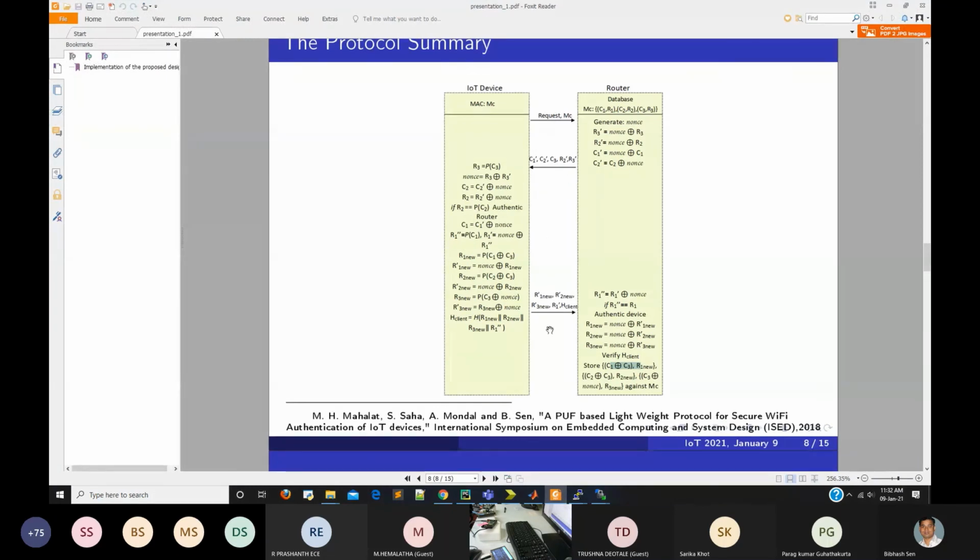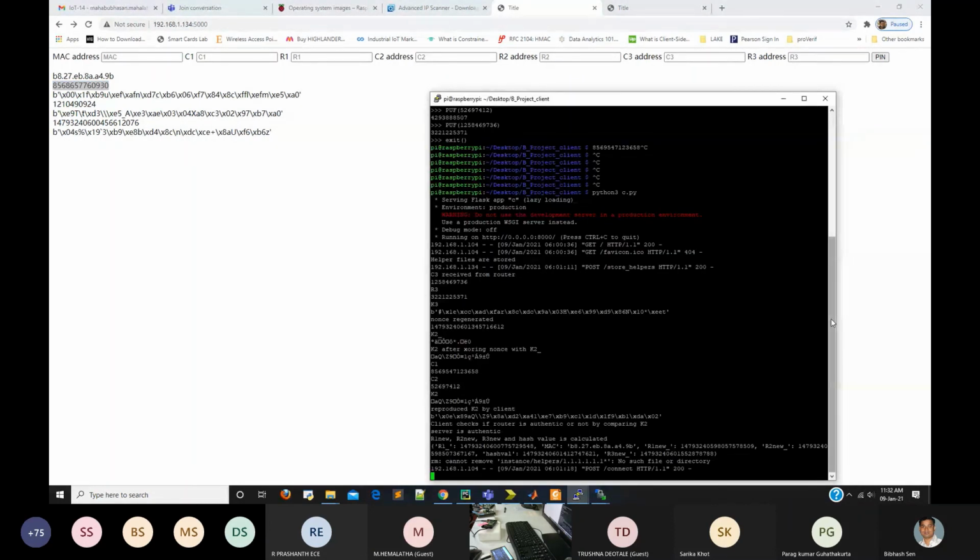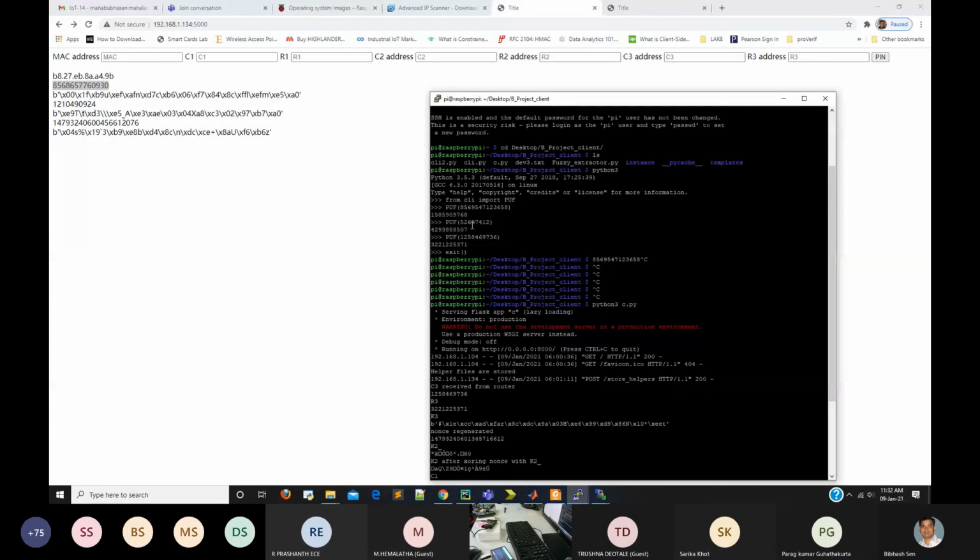As you can see, this is the ID and this is the new challenge that is generated here. Can you see C1, C2, C3? These are the new challenges, and the corresponding responses. So these are the new challenges created from the previous challenge. The responses others cannot see because they are hash values, or using the fuzzy extractor we have just encrypted values, so that an adversary cannot check them.